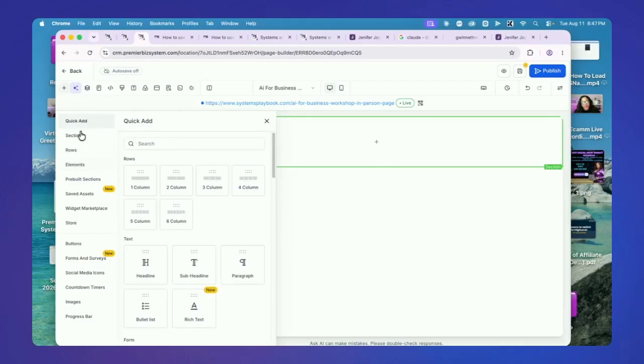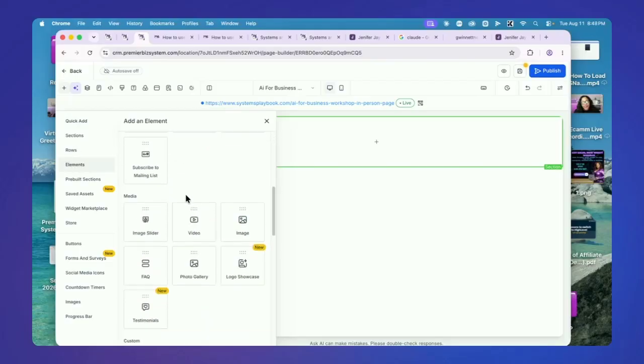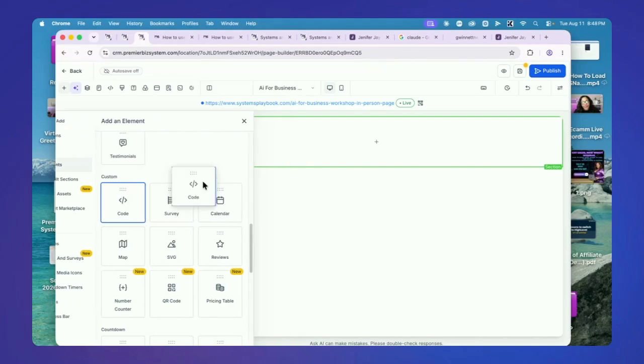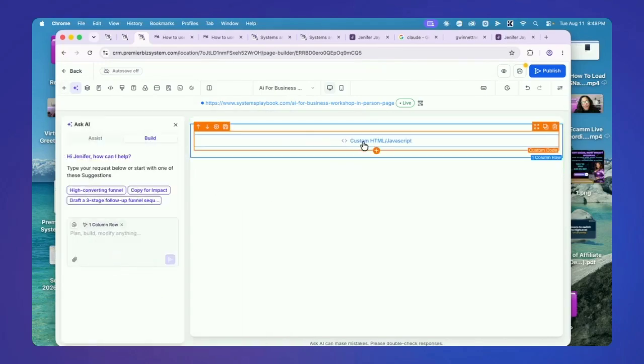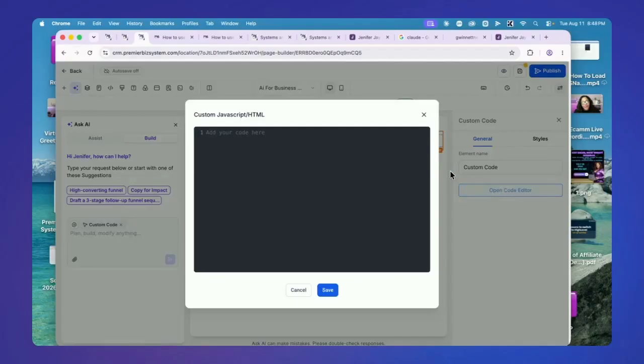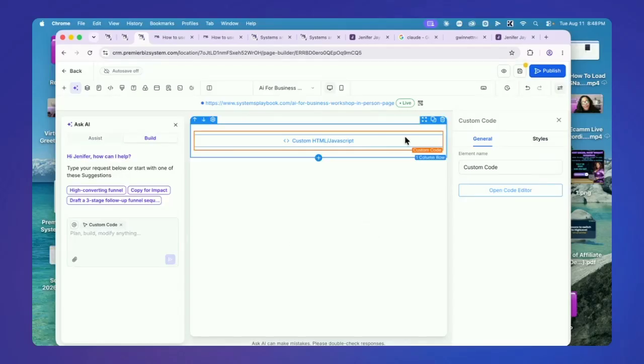So when you click add, your element menu comes up from the left. So we're going to click on elements. I'm going to go down and find the code block, which is the one that says code. I'm going to drag it in there and drop it and click on it. When I click on it, it should open up the menu to the right. I'm going to click on open code editor, and I'm just going to paste that code in here, and I'm